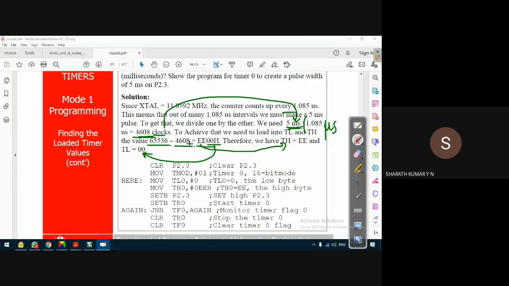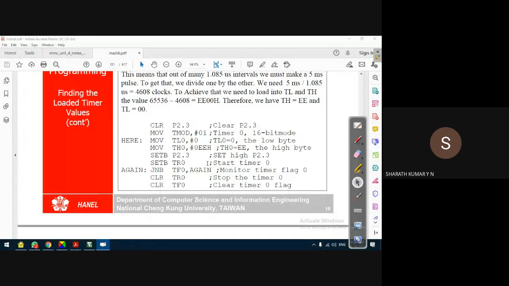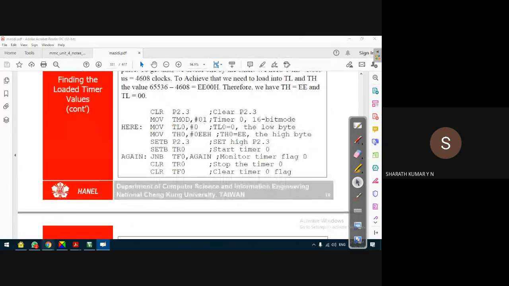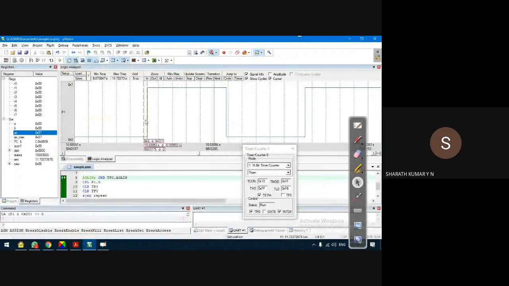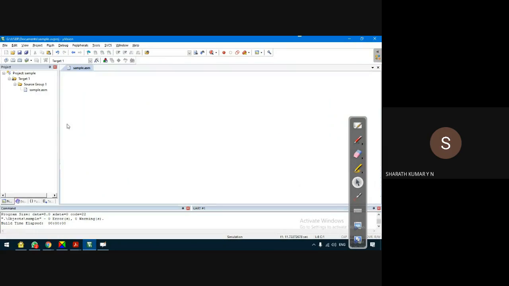Let me run this program, guys. I'll modify the program we had written for the random value FFFH to generate a 5 millisecond delay.